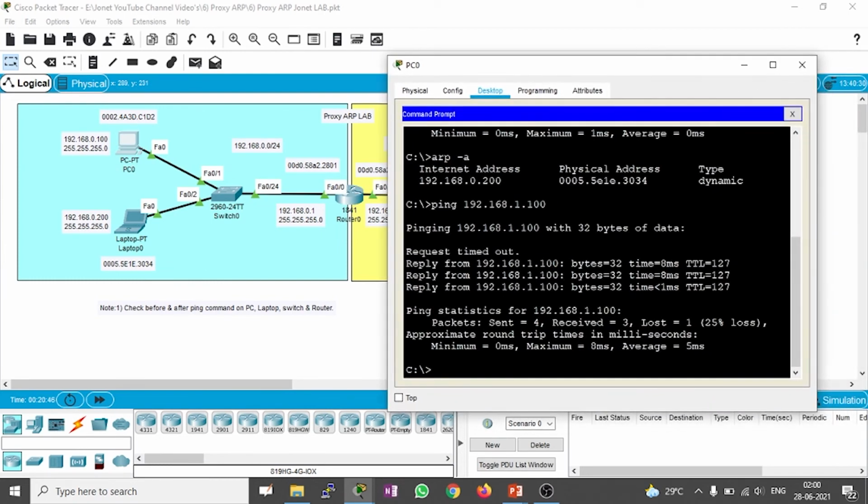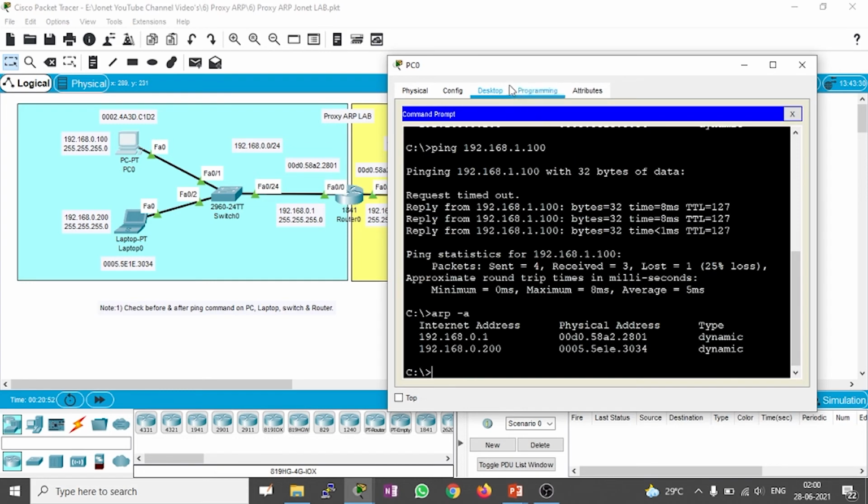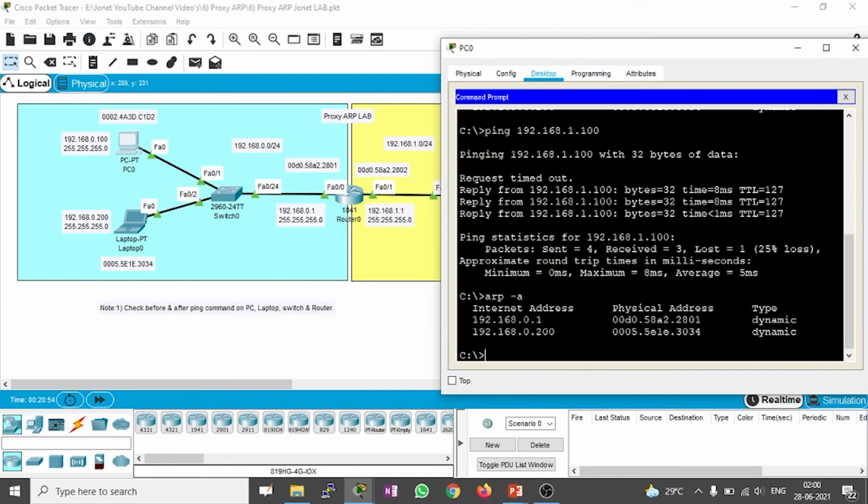Now try to open the ARP table of your PC. Now you can see 0.200, it's my other laptop's IP address. 0.1 is my gateway IP address and 2801 is my gateway's MAC address.